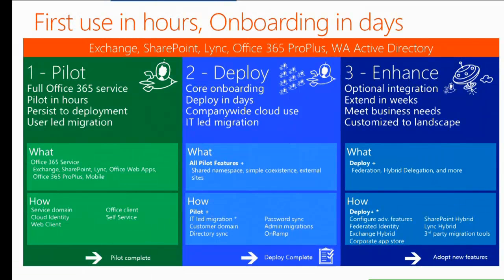It could still be your early adopters. It may be 20, 25 within your companies that you're looking to bring on to Office 365. But where the pilot was in hours, what we're looking to do here is really deploy in days. So again, we're not talking about weeks or months and dragging this out into a long-term project. It's really about getting there, where you can set up the tenant and get your instance running for